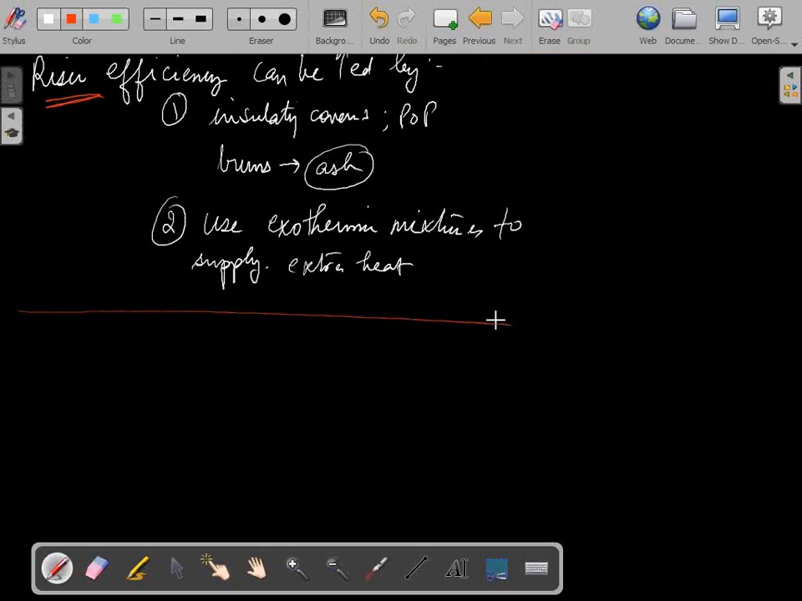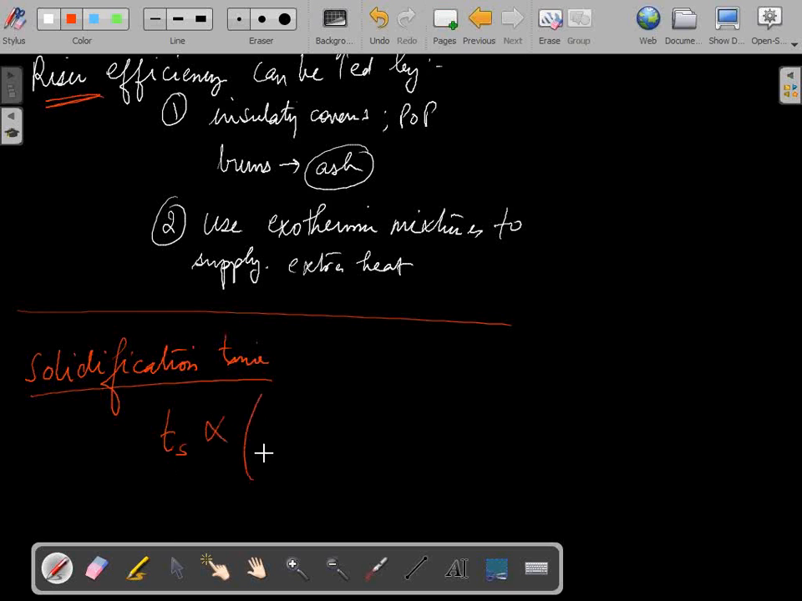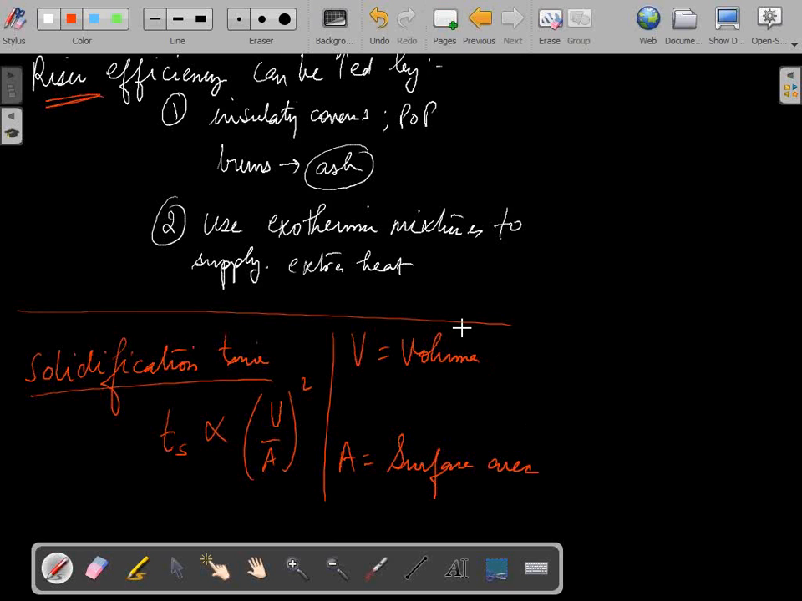Okay, now let us look at a formula with the help of which we calculate solidification time. Solidification time for a casting is proportional to this ratio, V by A square. Okay, now what is V? V is volume. Okay, and what is A? A is surface area. And there are two very important